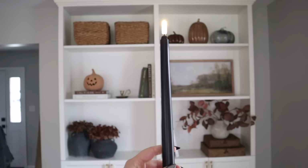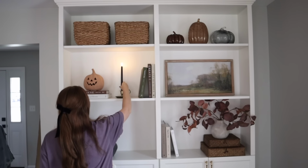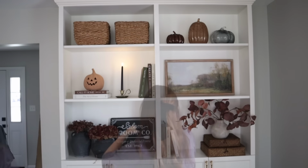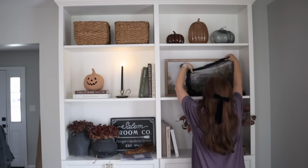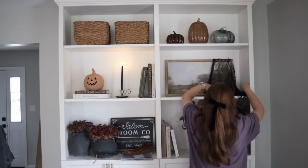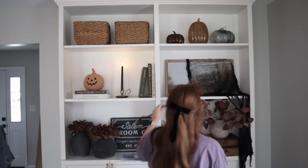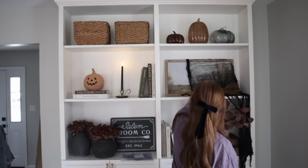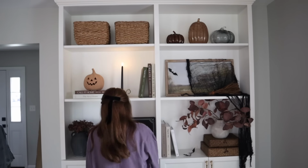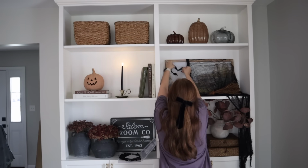My goal for Halloween as far as decorating goes is I like to focus on specific areas in my home. I feel like as somebody who already struggles with decorating, finding areas that I want to decorate and sticking to those areas makes it a lot easier versus feeling like you have to decorate an entire house. Now, I really wanted to focus most of my Halloween decorations on my built-ins here and on my entryway tables. So those were my two main goals, and then just kind of sprinkling little Halloween throughout the rest of the house,